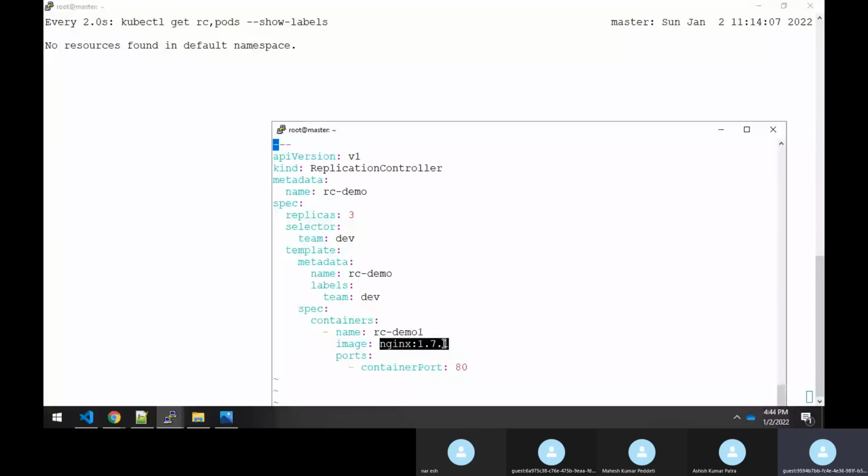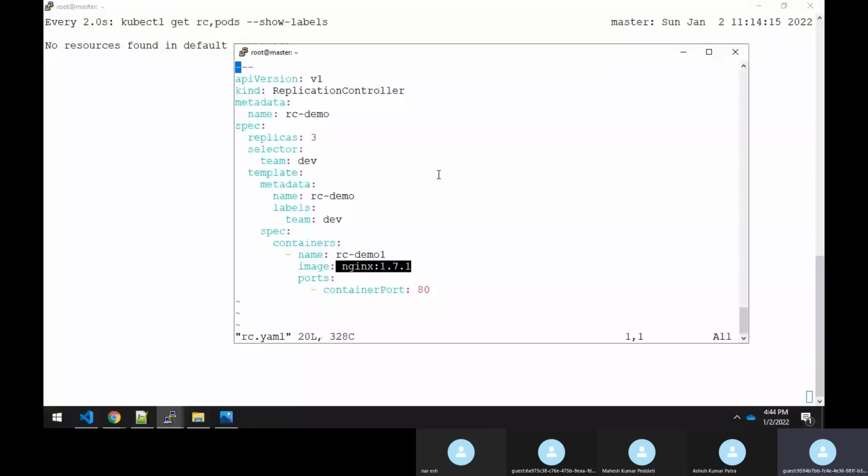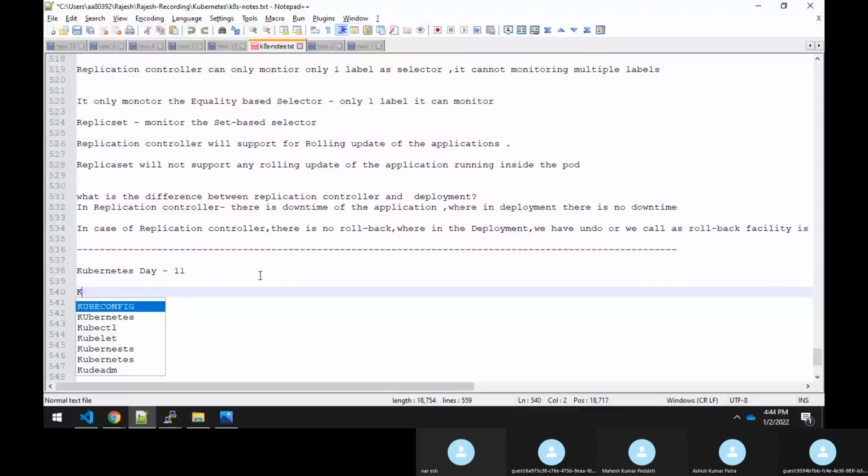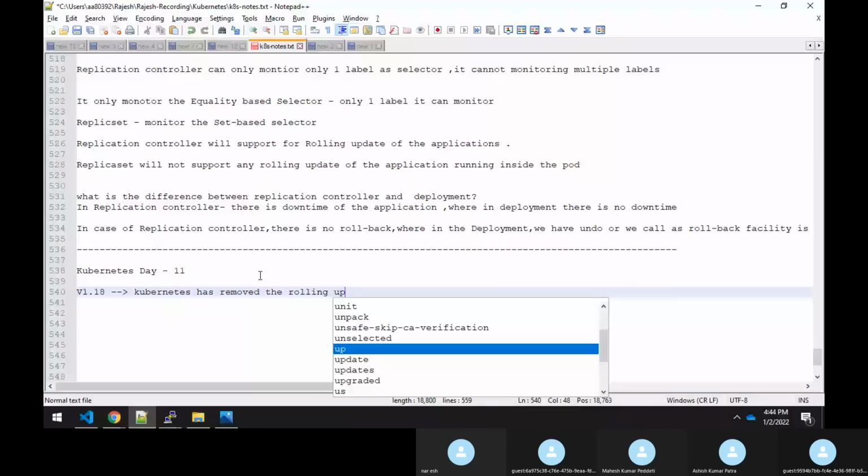Whenever you want to do a rolling update with a replication controller, what has happened is that from Kubernetes version v1.18 onwards, Kubernetes has removed the rolling update feature in the replication controller.